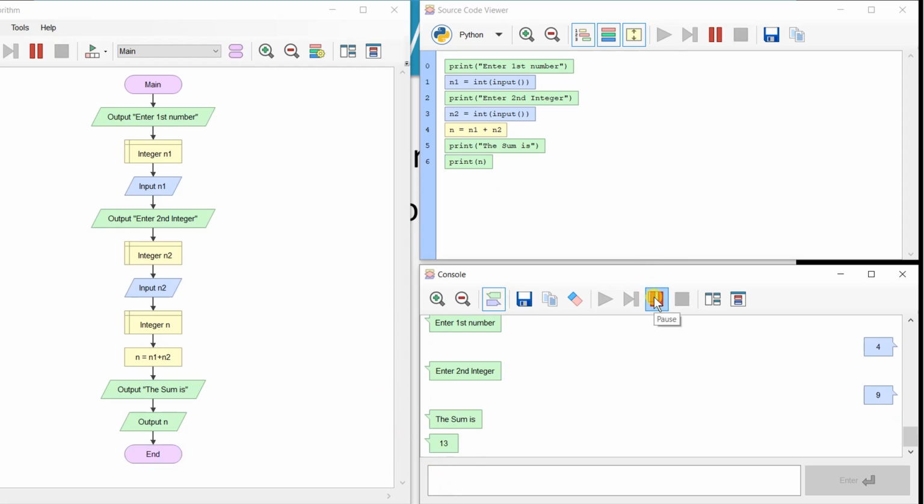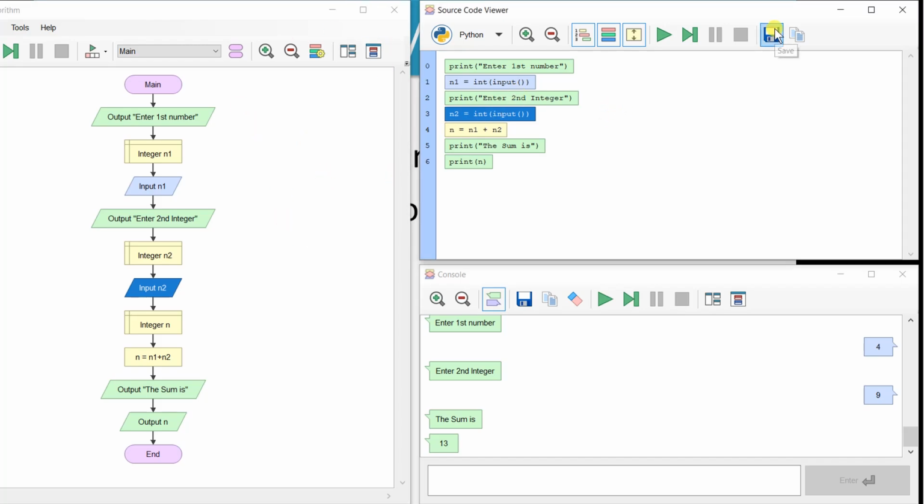Now if somebody wants to check, if I am writing this statement, what is the corresponding statement in Python? So this is the corresponding statement I can find. If I am writing read input, what is the corresponding statement? This is the corresponding statement in Python. Similarly, I can find the code.